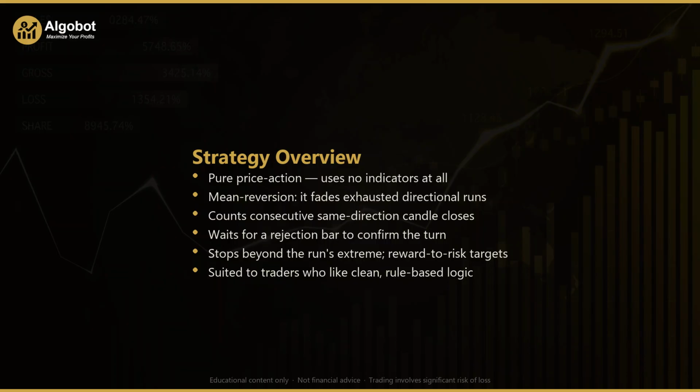The expert advisor doesn't fade a streak blindly, though. Instead of guessing where a move ends, it waits for the market to show its hand with a rejection bar, the first candle that closes back against the run. Only then does it consider a trade. It also acts just once per closed bar and holds only one position at a time, identified by its own magic number. This strategy can be applied to any symbol and time frame in MetaTrader 5, since it relies purely